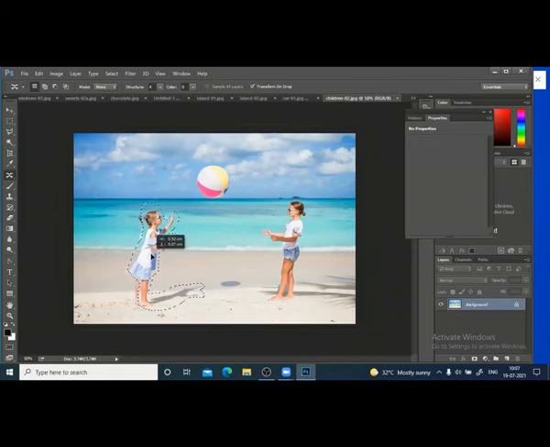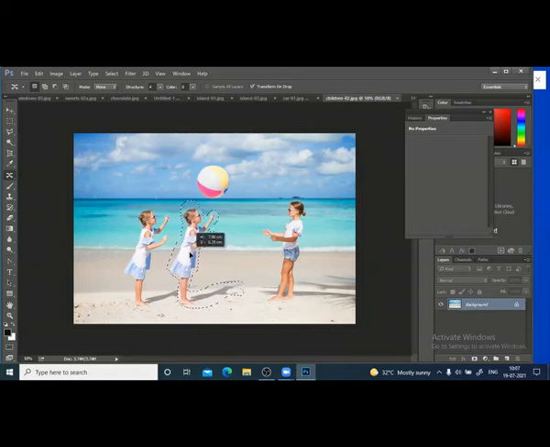I'll just move this. Click accept. You see moved. You move that and the other portion is filled. So this is sometimes very useful to remove. If you want to remove some people here and there and something like that, you can use this command. Content aware. In the content aware, move means to move an object. So whenever we want to move an object from one location to another, use content aware.